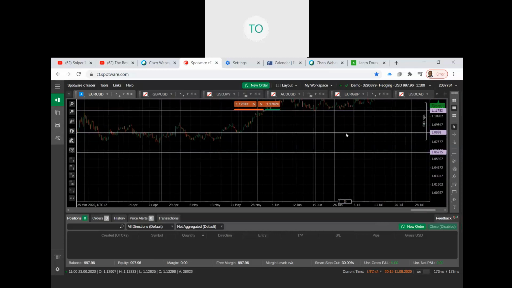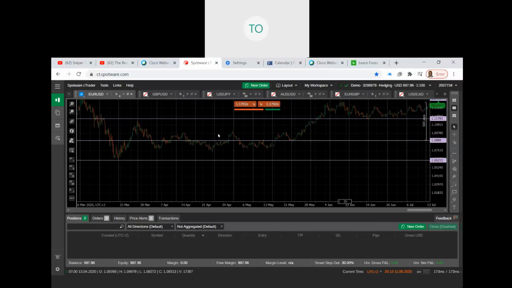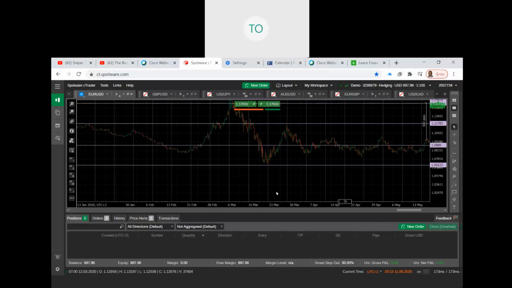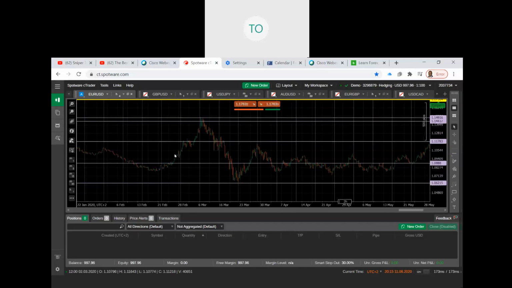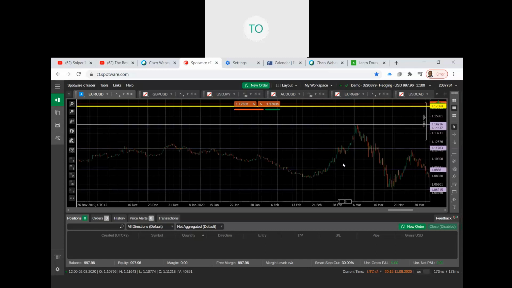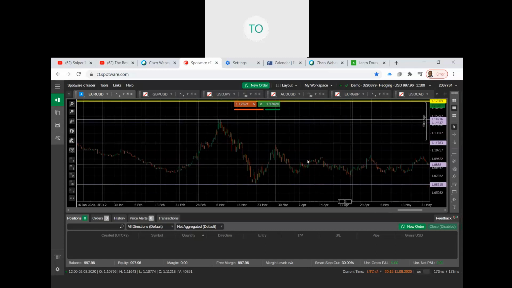Anywhere else? Yep. This one's here. They seem to be just around here, and because it's 4 hours and maybe you want to trade the 1 hour, if you're just going to trade the 4 hour, you can leave it like that. So you're just going to be trading between the big daily zones. All right. So what does it mean? It means that now you use that information to trade. So if the market is at a point,